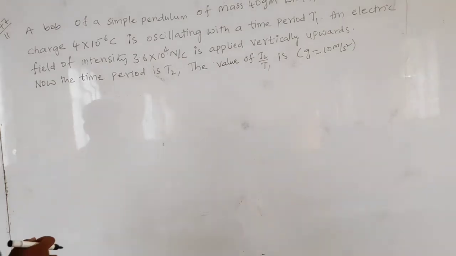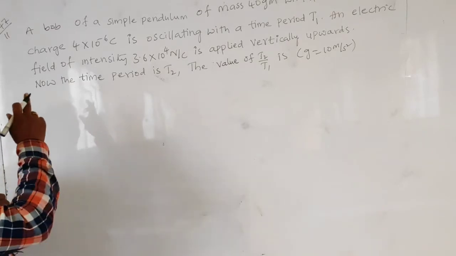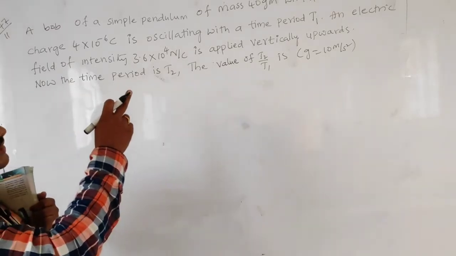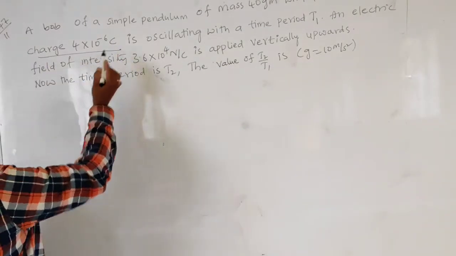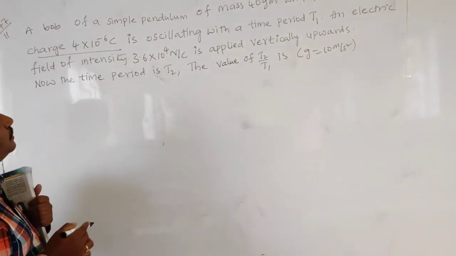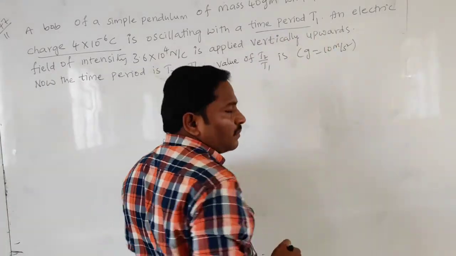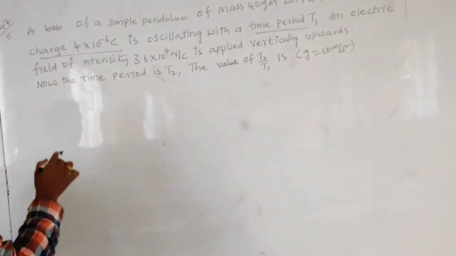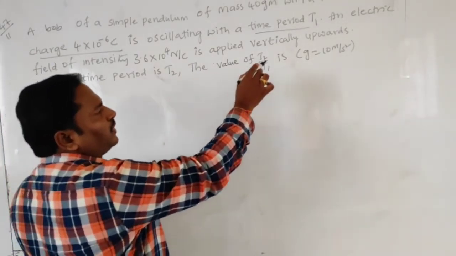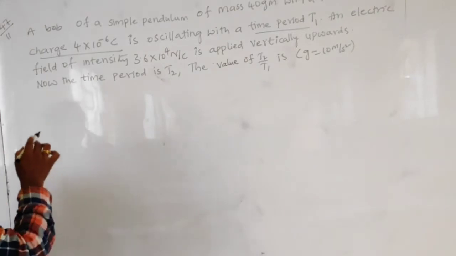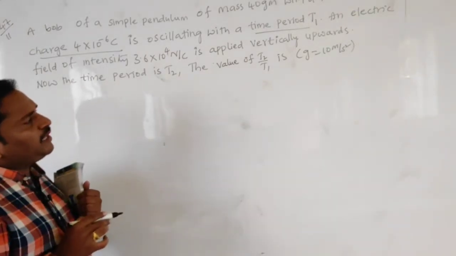Alright, next problem. A bob of a simple pendulum of mass 40 grams with a positive charge 4 into 10 power minus 6 coulombs is oscillating with the time period t1. An electric field of intensity 3.6 into 10 power 4 Newton per coulomb is applied vertically upwards. So now the time period is t2. The value of t2 by t1 is,